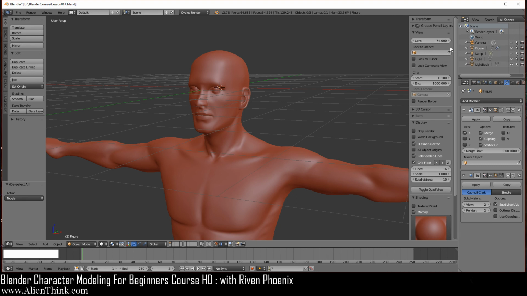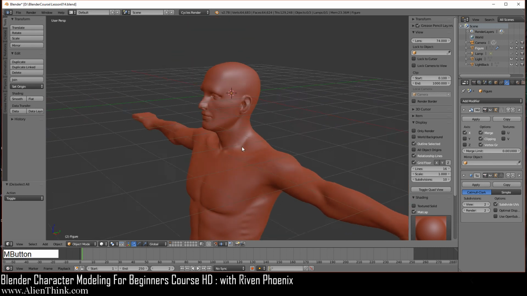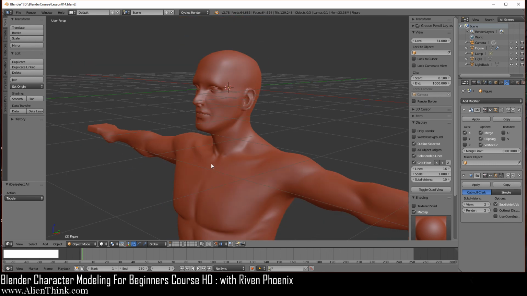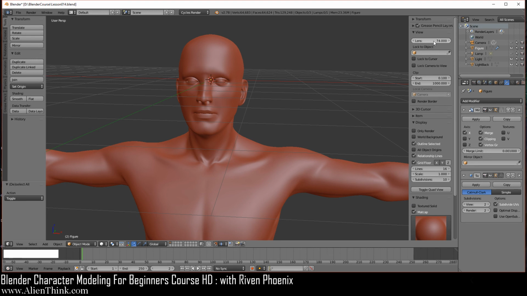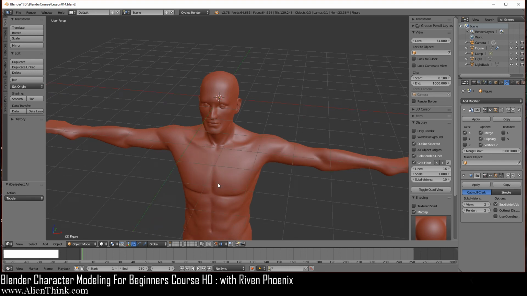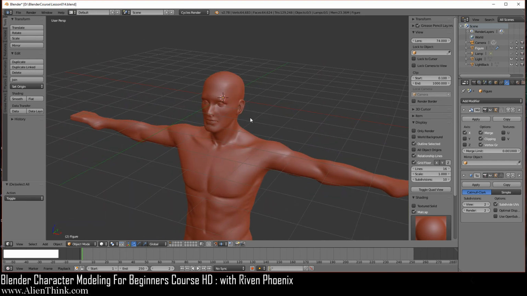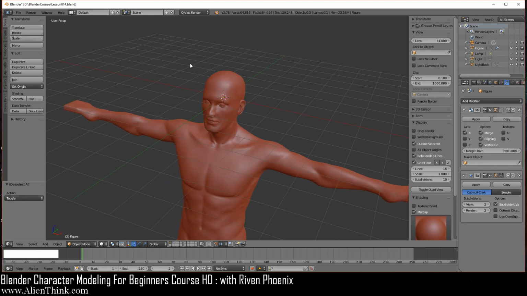Okay, so the reason this is doing this is because it's as if you are standing really far away, and then you're using a very powerful zoom lens, and when you zoom in on a subject, it's obviously going to start to take away the perspective, right? This is something that happens in real life too, in real camera systems. Okay, so now having shown this to you, what I want you to understand is, because this is the 3D view, this is basically the camera system that we are manipulating with the middle mouse button over here that exists in the 3D view.